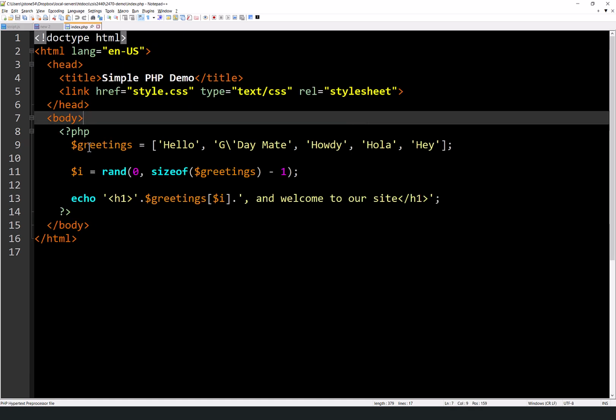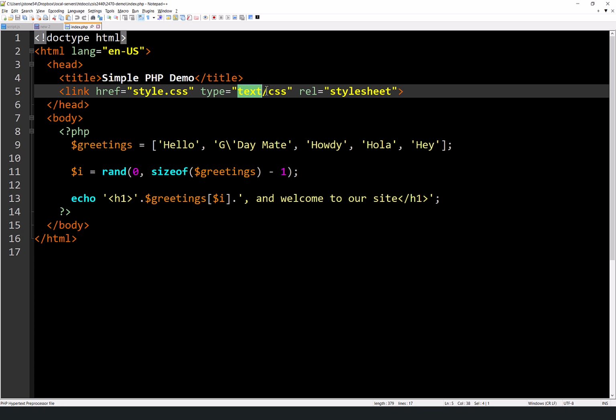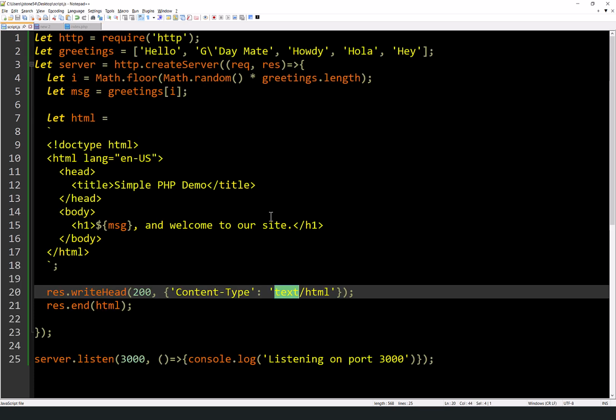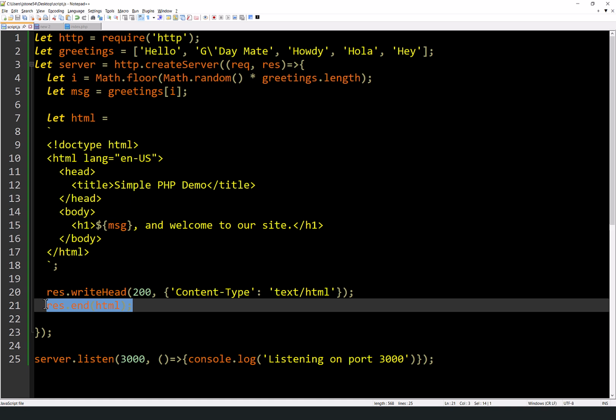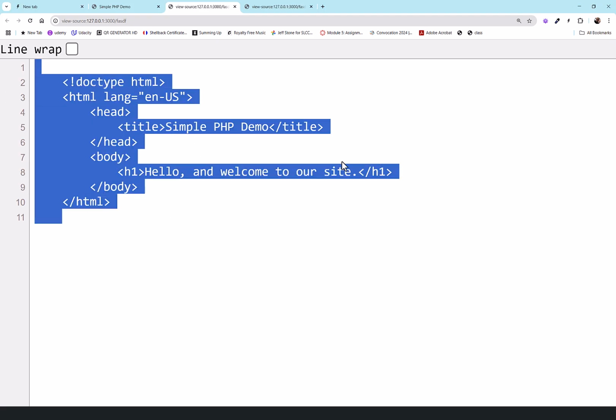Just like here, when we do have a style sheet, what do we say the type is? Text/CSS, right? Because what is a CSS file if not just a file full of text, but it's got certain little things like curly braces, colons, and semicolons that the browser goes, oh, I know what to do with that. That's the same thing here. We're telling the header. The browser gets a header response here saying, hey, you're about to get some text, and it's going to be formatted like HTML. Do whatever you do with your HTML. And that's it. So you can see that's all that was sent to the browser, just that raw HTML.